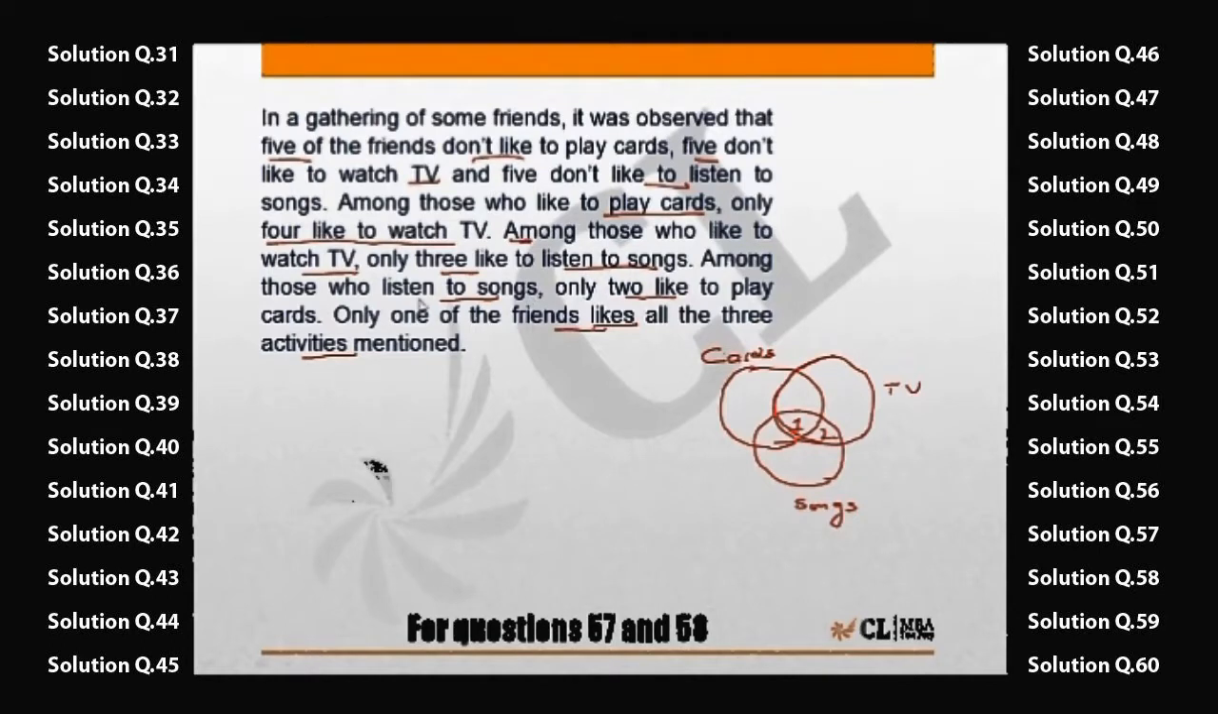Next, among those who listen to songs, 2 like to play cards. That means this should be 2. Or rather, this should be 1 because 1 is already here. So 1 out here and 1 out here, it makes it a total of 2. Okay. And the third thing is,